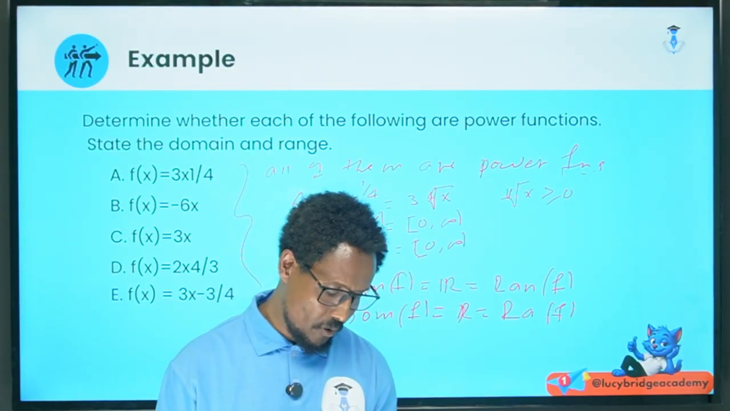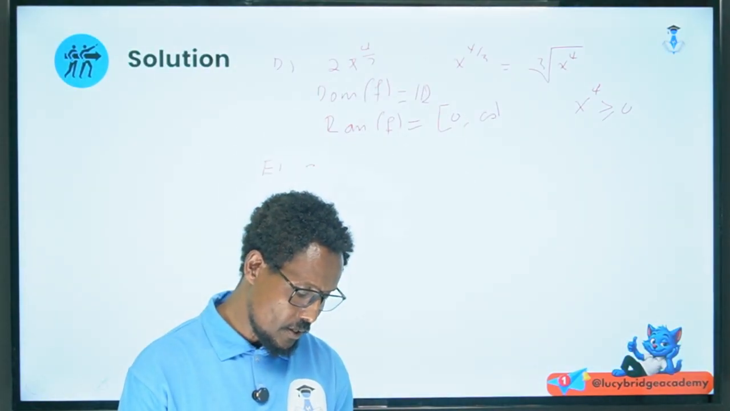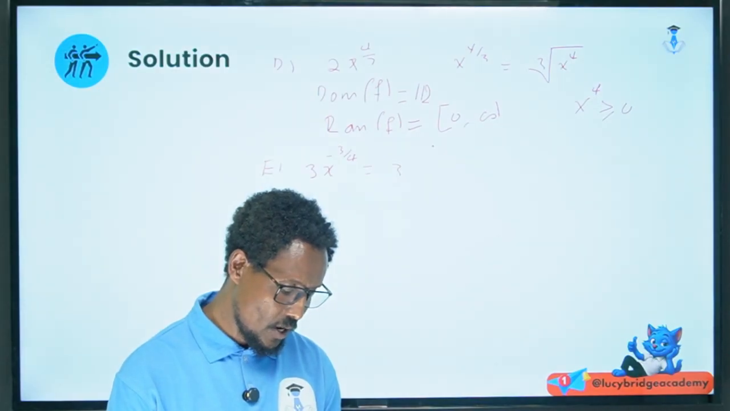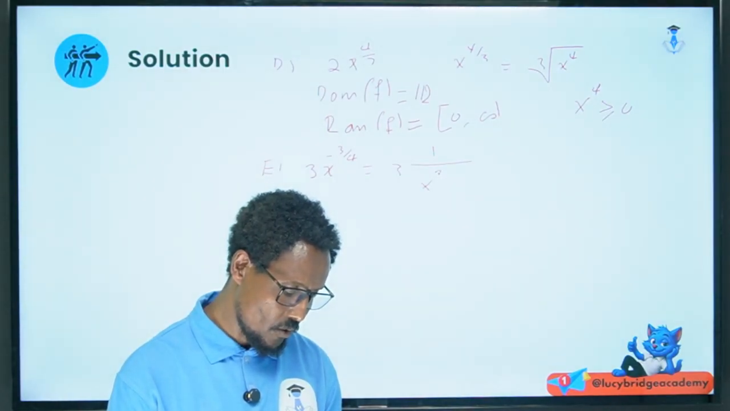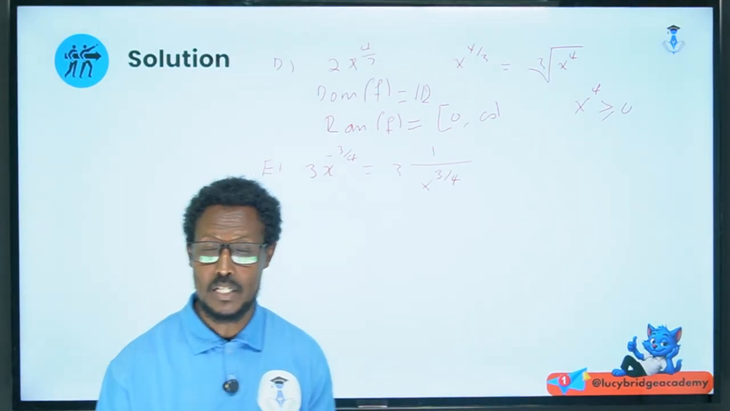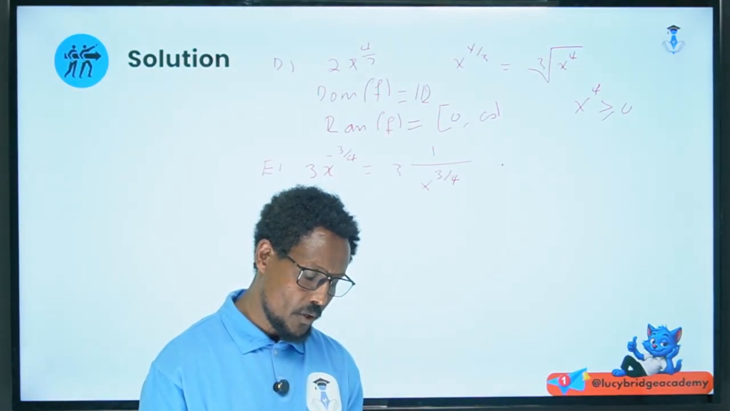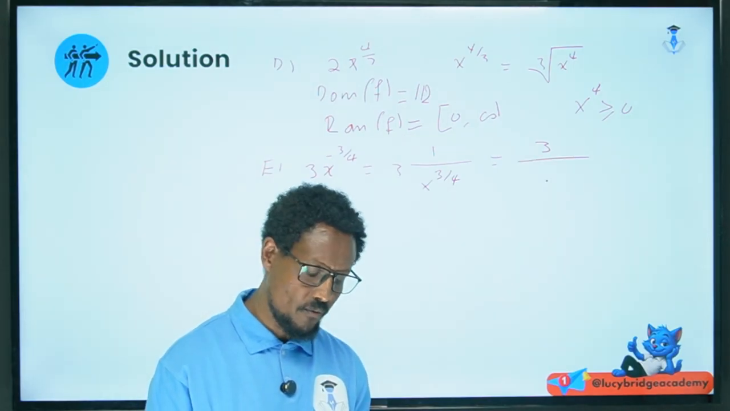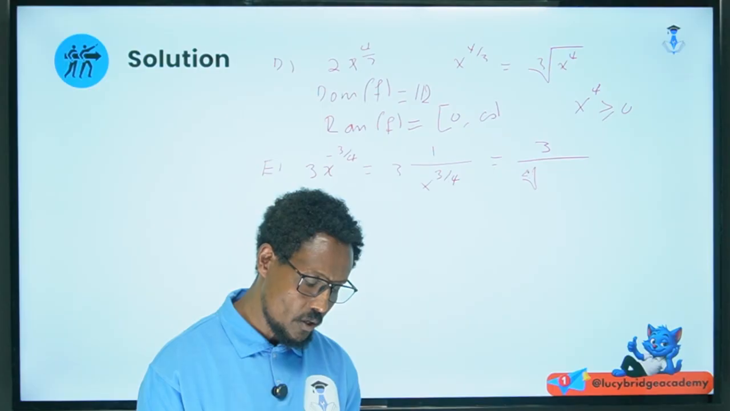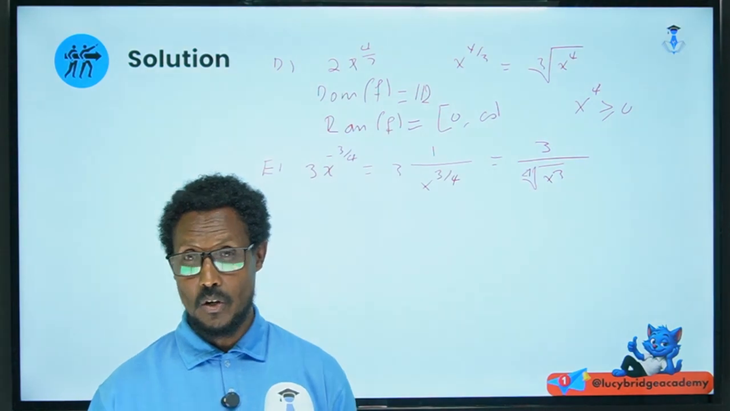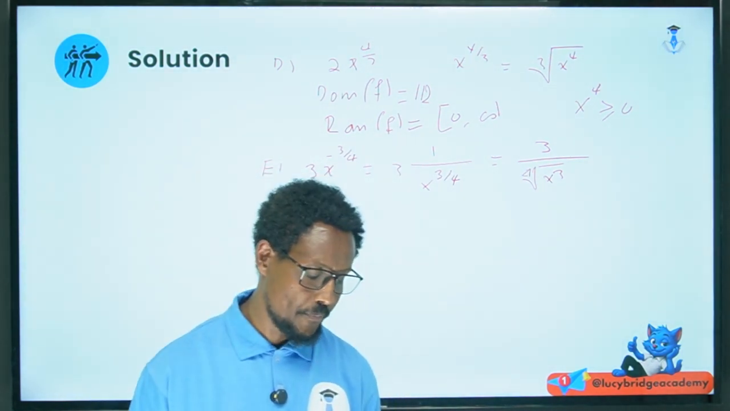Okay, 3x to the power of minus 3 over 4. Okay, this means 3 times 1 over x to the power of 3 over 4. ኔጌቲቭ ኤክስፖነንቱን ወደ ፖዚቲቭ ኤክስፖነንት ለመቀየር 1 over ብለን እንጽፋለን። 1 over x to the power of 3 over 4, which means ይሄ ማለት 3 over x to the power of 3 over 4 means the fourth root of x cubed. Okay, now በx ቦታ fourth root ስለሆነ ቅድም እንደተነጋገርነው ኔጌቲቭ ቁጥር አይገባም።